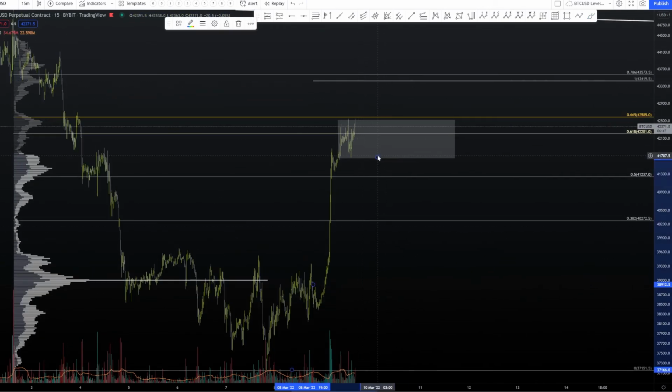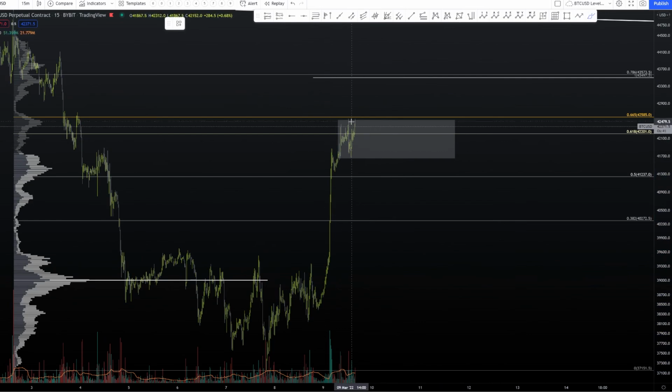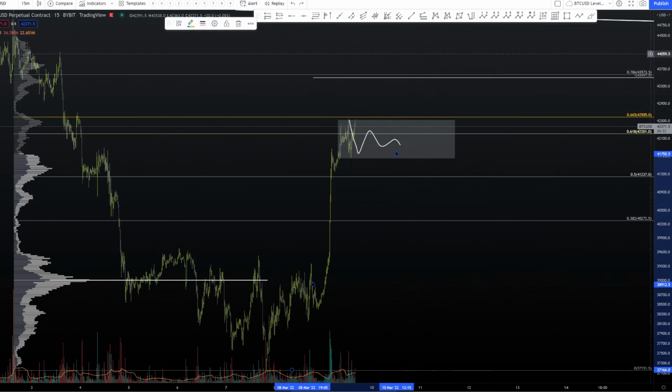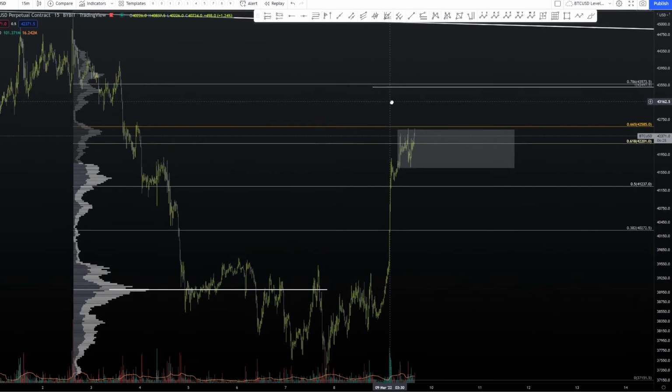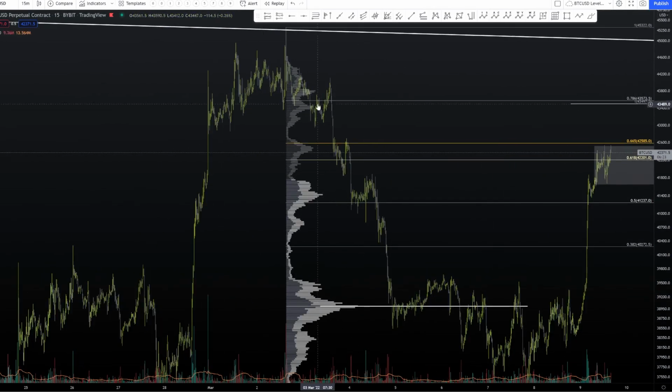Now, keep in mind, you want to adjust the pivot to wherever the wave 4 ends up being put in. So if we do get a triangle, as so, this is an A, B, C, D, E, just as an example, then adjust it to the end of wave E, and that's going to give us a target to the upside. But overall, it's probably going to give us a target around the 0.786, which would be a nice target to look out for, because we have these volume nodes in this order block right here around